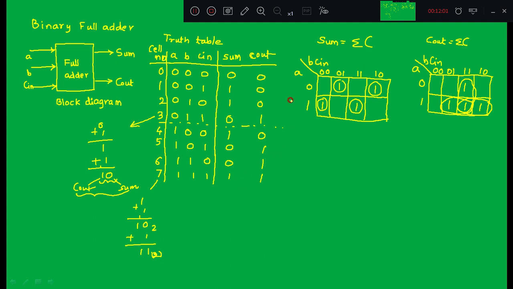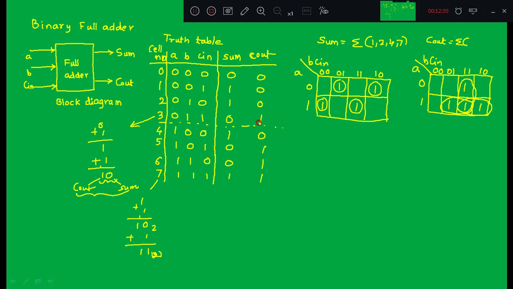If I enter the truth table data that we have got into a K-map, and you try to solve it, some expression you can observe. Some expression can be written as follows. You observe for which cell numbers it is 1: cells 1, 2, 4, 7. I can write here 1 2 4 7. For this combination it is 1.